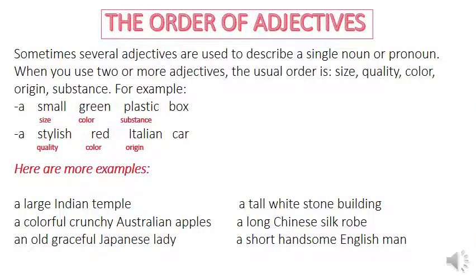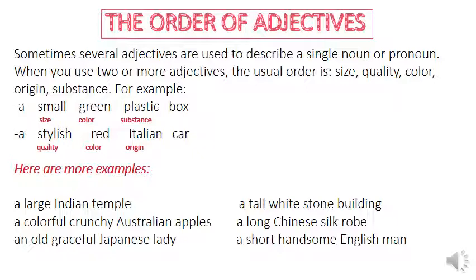Now, we have something called the order of adjectives. What do we mean by the order of adjectives? Sometimes we use more than one adjective to describe a single noun or pronoun. For example, I can use several adjectives to describe a single noun or pronoun, one person or one place or one thing. When you use two or more adjectives, the usual order is the size, the quality, the color, the